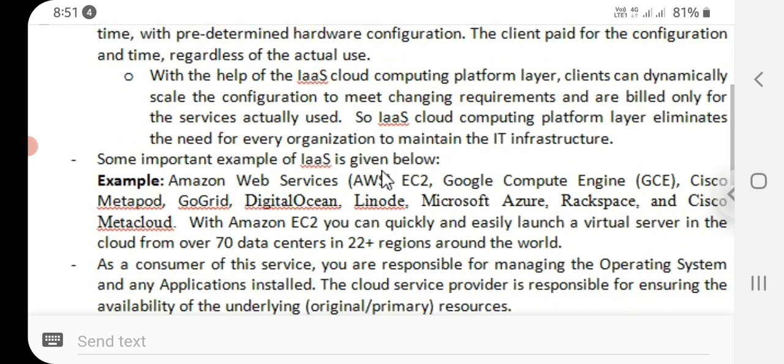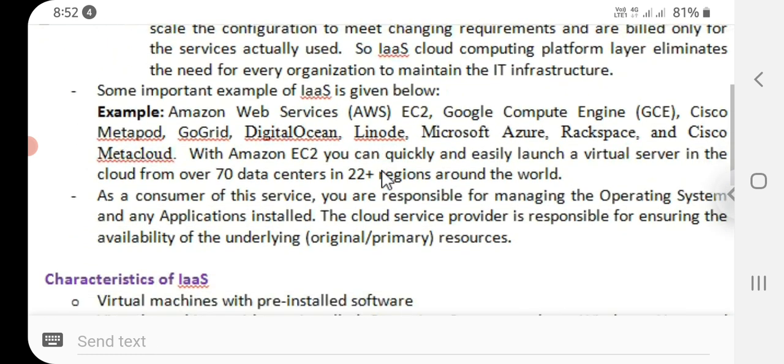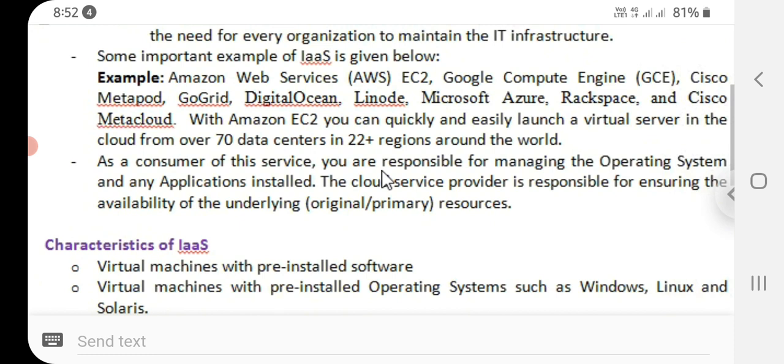Some important examples of IaaS are given below. Amazon Web Services EC2, Google Compute Engine, Cisco Metapod, GoGrid, DigitalOcean, Linode, Microsoft Azure, Rackspace, and Cisco Metacloud. With Amazon EC2 you can quickly and easily launch a virtual server in the cloud platform, over 70 data centers in 22 regions around the world.